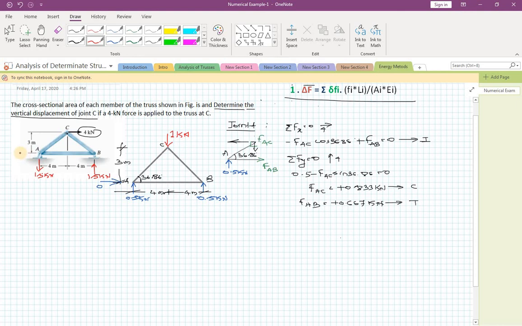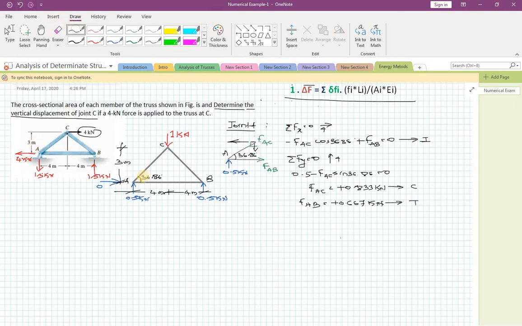Of course, I will also get a horizontal reaction of 4 kilonewtons. You can easily see, since this is 4 kilonewton, the horizontal reaction at this point should be opposite